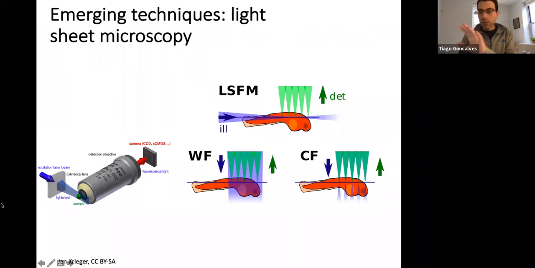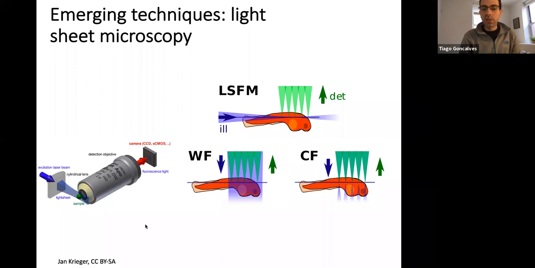The other emerging technique, and I'm getting to the break, that I'd like to talk about is light sheet microscopy. Now, this is not really very useful for a mouse because light sheet is based on exciting a sample from the side with a sheet of light. Exactly, that's why it's called light sheet. So whereas in two-photon microscopy, you create only a small point of excitation and you scan that point across a Z level, here, on a single Z plane, you excite a whole Z plane, a whole image simultaneously